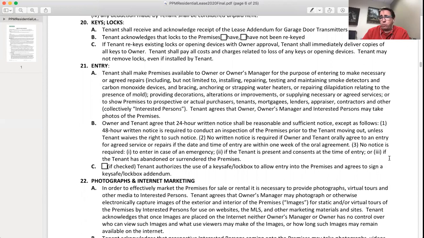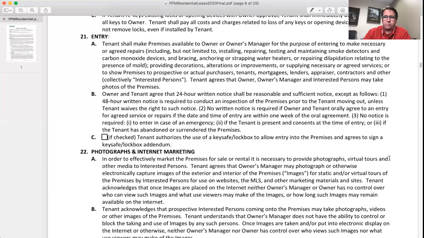Entry. So we, of course, follow California law. We and the owner have the right to gain entry to the property with a 24-hour notice. If there's an emergency, we have the right to get immediate access to your property. That rarely happens, but it can. If it does, we can go in without approval. But otherwise, we need to get 24-hour written approval. And we're going to tell you what we're doing, why we're going in. We're meeting a vendor, whatever it might be. If we call you and you say, sure, come on by, we don't need to do it in writing at that point. So once again, this is all California law, and you can review it at your leisure.